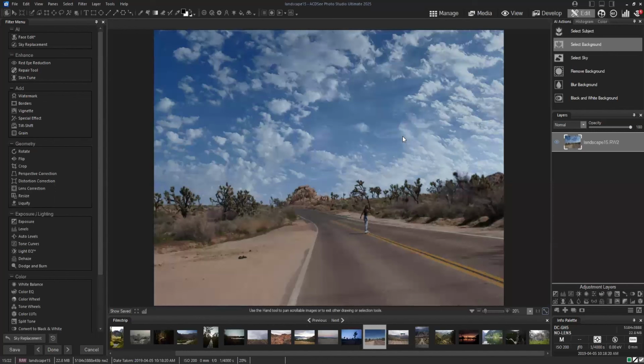And here's something that I recommend you to do is to use both edit and develop mode. So once you've done the edits that are, like, intense edits, like changing the sky,